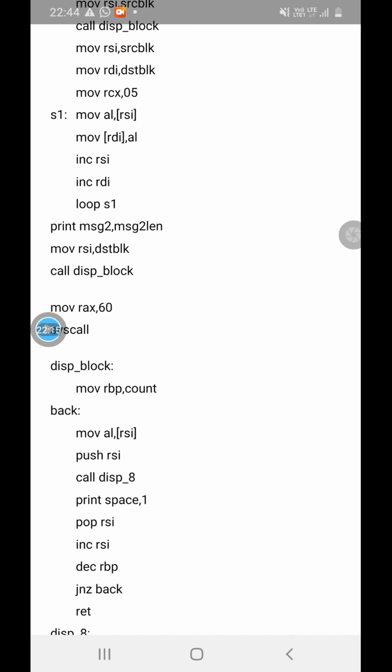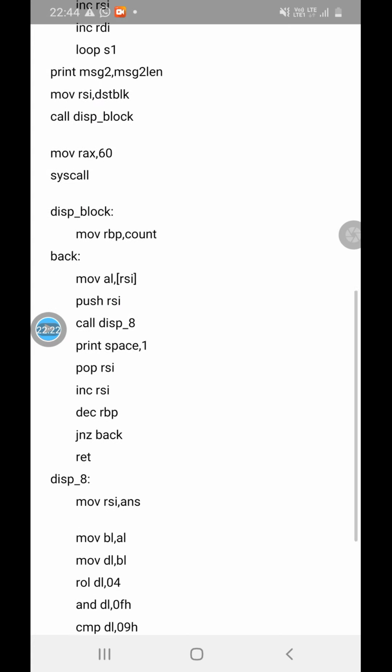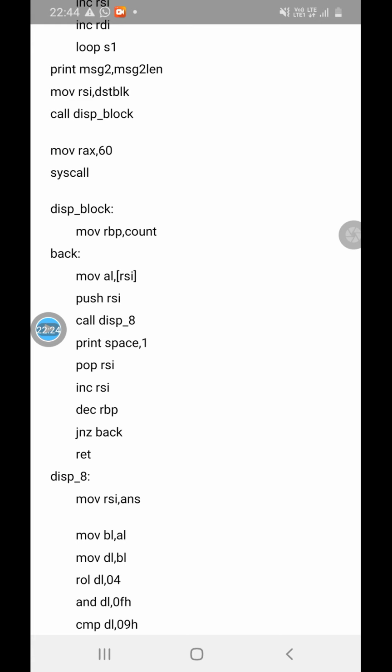Now we can display the destination block just by calling disp_block. Whenever you call disp_block, we have used move RSI, destination block, where RSI points to the starting address of the destination block.